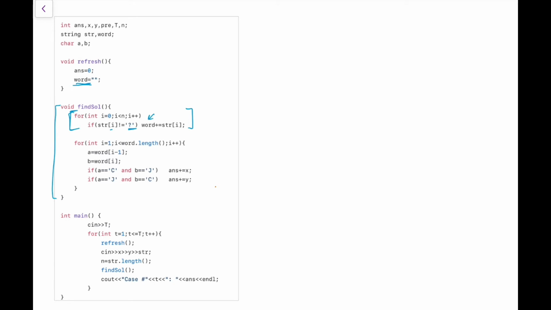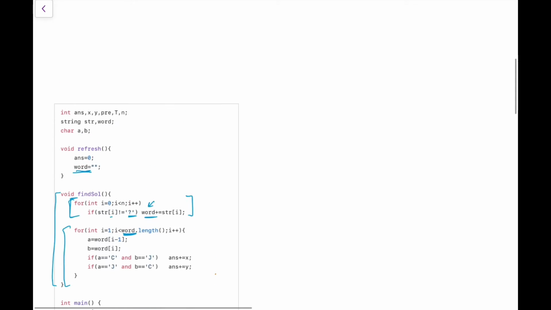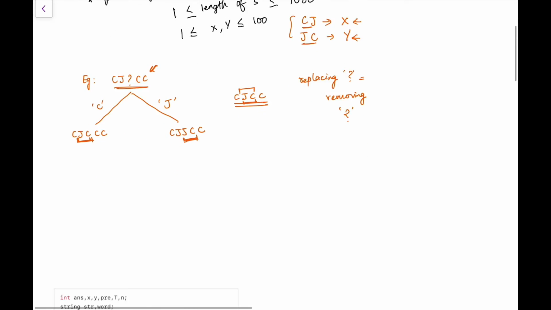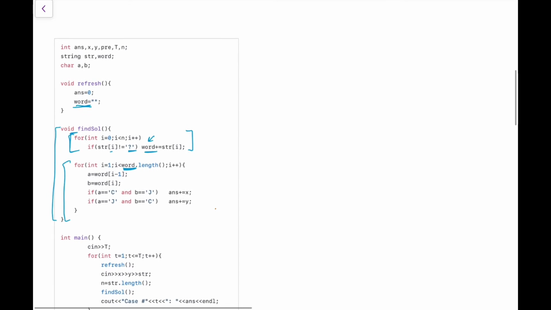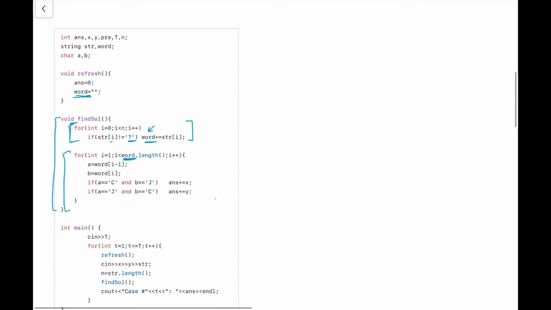Every character which is not a question mark is appended to this word, and at last I'm iterating on this word from the first index. So previously I had the string CJ question mark CC. Let me add one question mark here also.